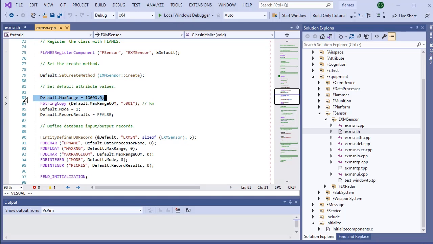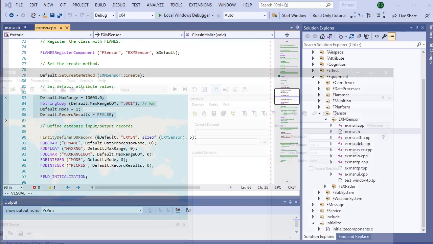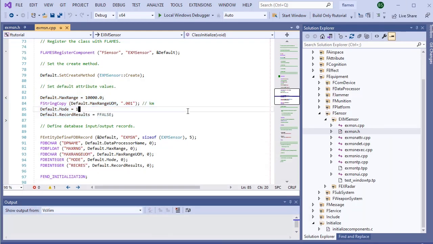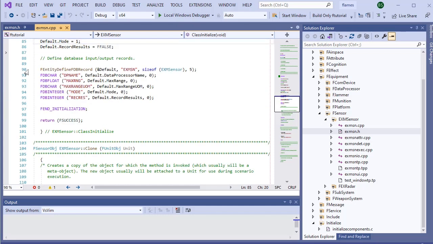And then it's a good idea to set default values for all of the values in your class. And those will be the values that show up in Forge when the class is empty, when it comes up for the first time. But of course, you're going to override those values and put real values in it when the user is going to do that. But if we happen to define new values that are not saved in an earlier version of the data set, we need to have default values, and we'll talk about that in the tutorial where we teach how to add new attribute values. And then we define the database input-output record, and we talk about that when we talk about